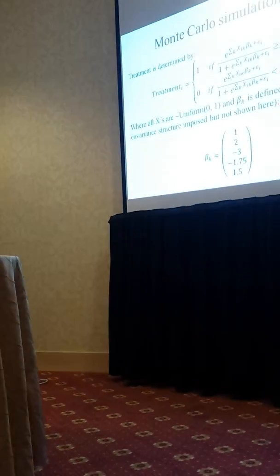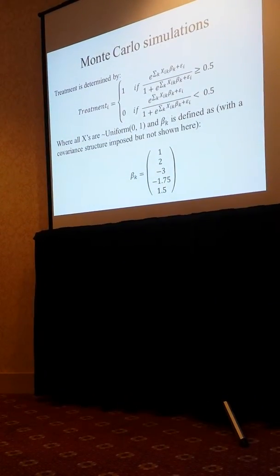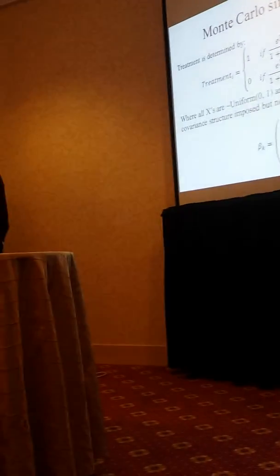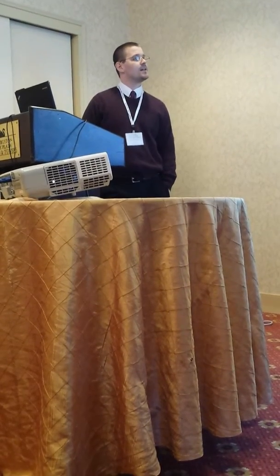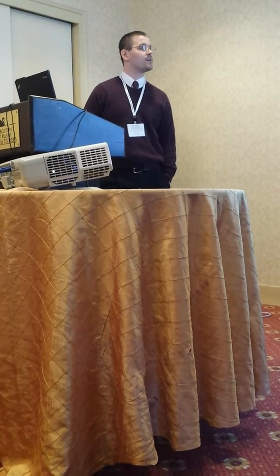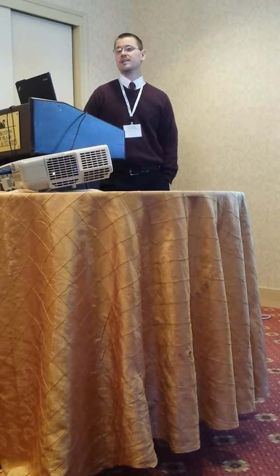Okay, so basically what I do is I run Monte Carlo simulations, 1,000 repetitions of the model that I'm going to show you. Treatment is determined by a logit function of, I just generated 5 different x variables, and I have these beta coefficients that I made up, and if the logit function is greater than 0.5, I assign it to treatment. If it's less than 0.5, I try and assign it to the control group, and of course the error term,